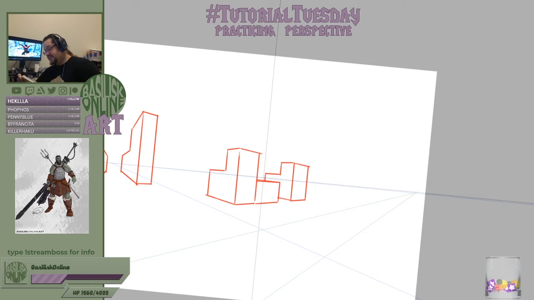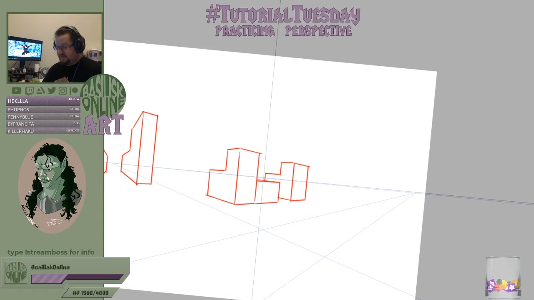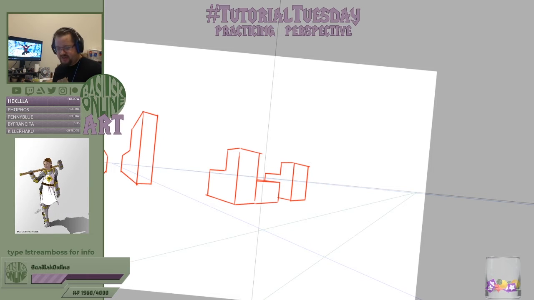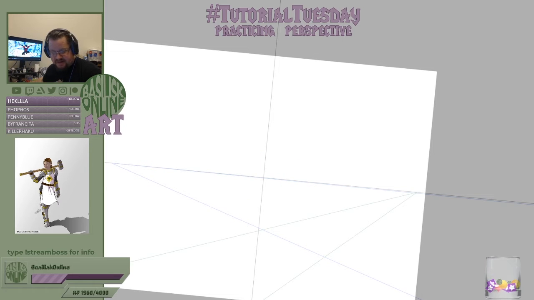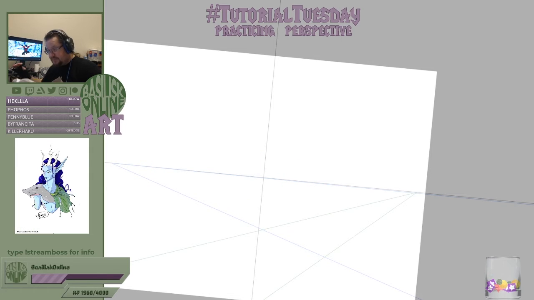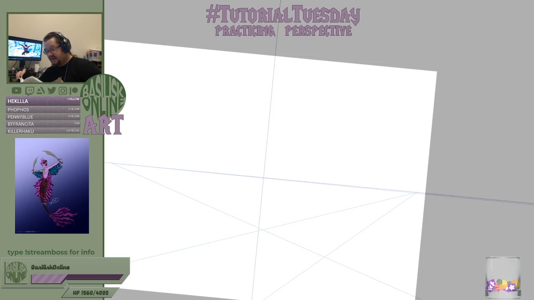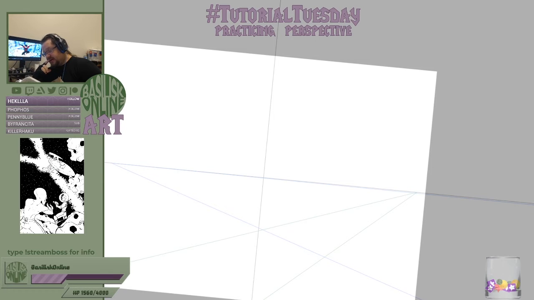Roofs. Often roofs have the same slope. The lines of these roofs meet... Ooh, okay, this is something super new for me. We're going to use a vanishing point off of the vertical line for the first time. This is going to be an adventure. Often, groups of roofs have the same slope. The lines of these roofs meet an up and down horizon line, if such a thing can be imagined. This up and down horizon line passes through the true vanishing point A. This is better understood by turning a drawing on its side. The roof of the building